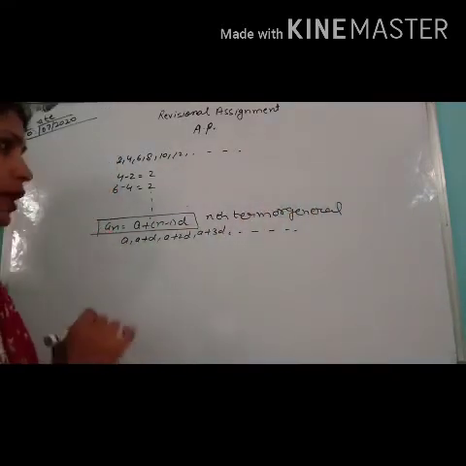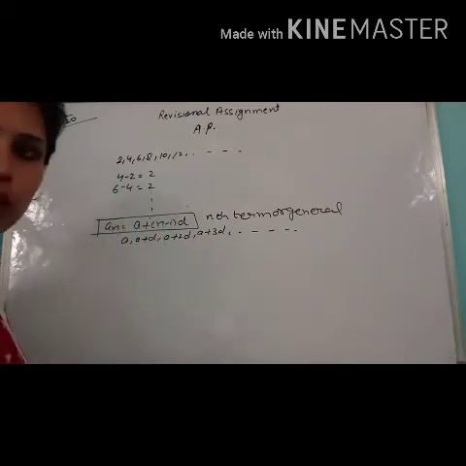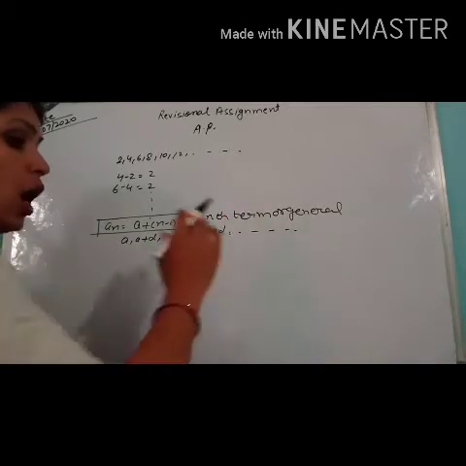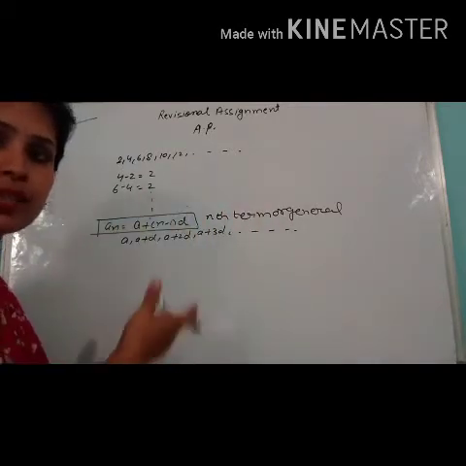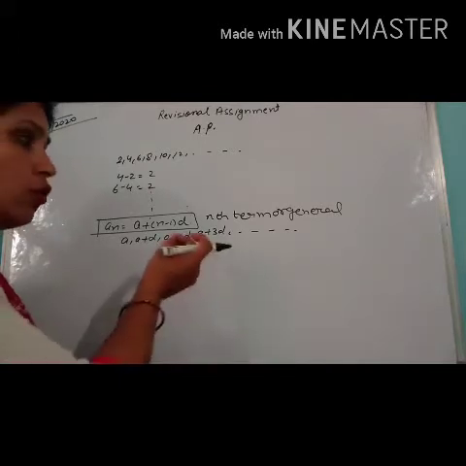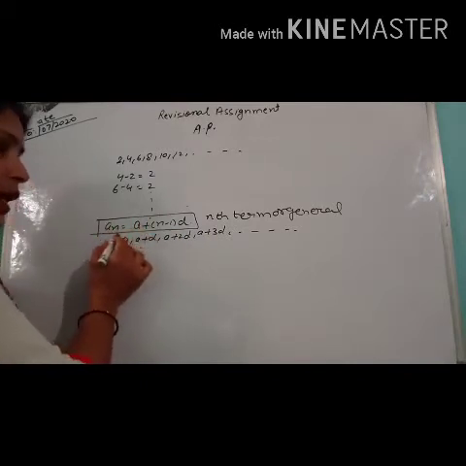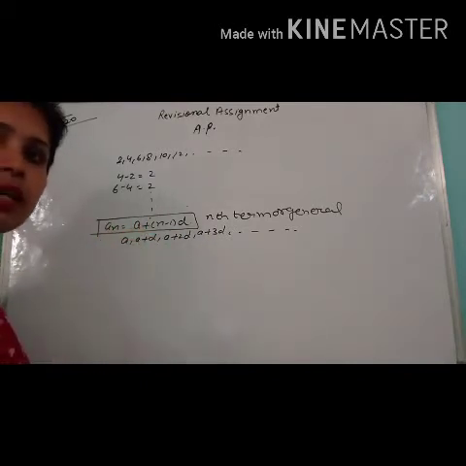Now in any question, suppose a, d and n are given to us, and we want to find out how many terms exist in this AP. It means we want to find out the value of n. So in this case, we always use this formula: